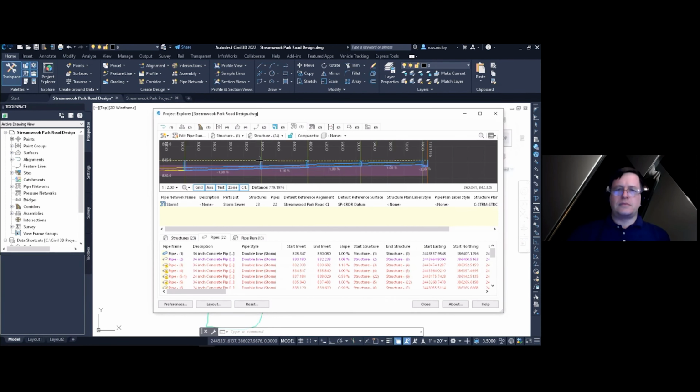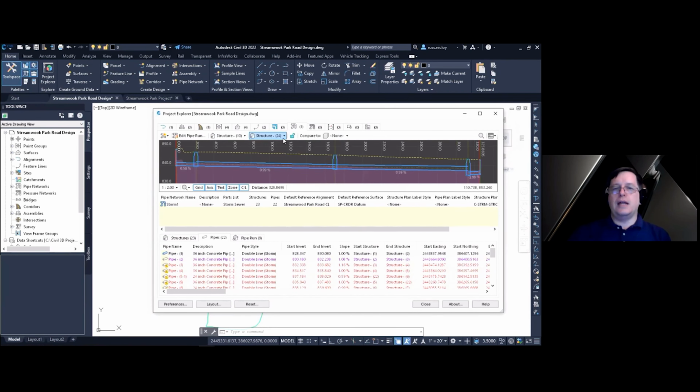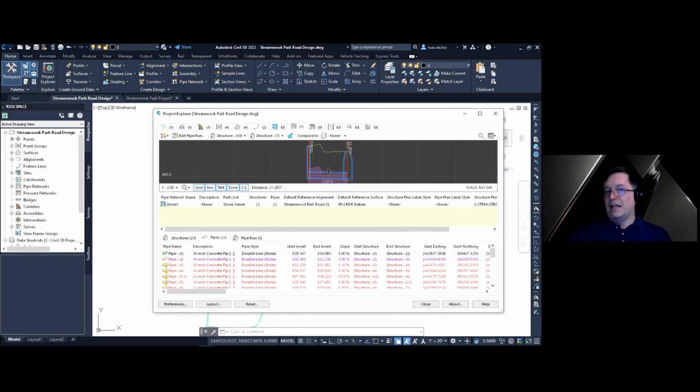So another thing about the pipes in particular, and I like this with the preview window, is that it provides a start structure and end structure option. So I'm going to come in here to structure number 10, go to structure number 7, and that's one of the inlet drops to this network. And here you can see that ground has a bit of a drop there. We have a little bit of a ditch line there, and the pipe is broken because, well, it's broken all along there, but you can see that that red shaded area is indicating where the actual depth is, not just some random 6 foot depth line there. So some good contextual information there.